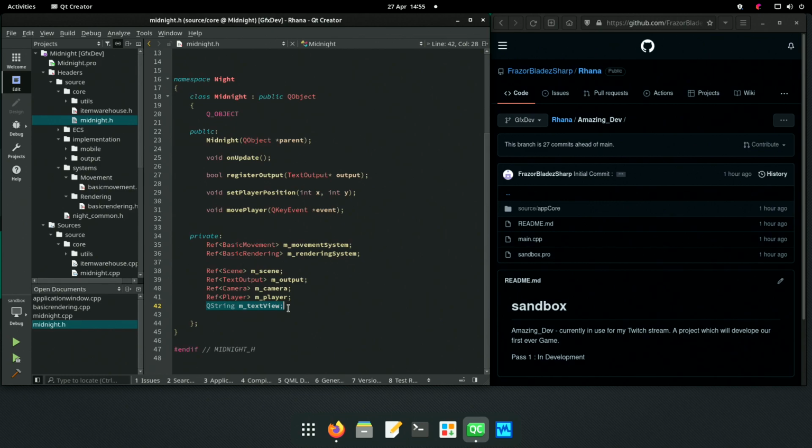I see. So we can pass in a Q string, but it's asking for text output, register output. That's something that we wrote.